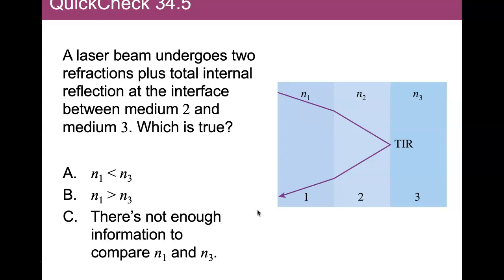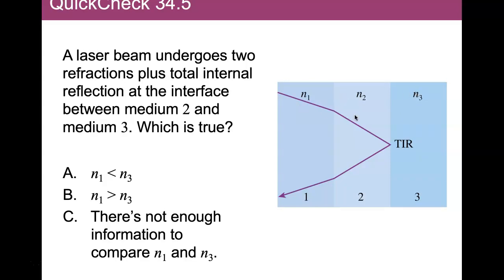So first, part A is saying N1 is smaller than N3. B is saying N1 is larger than N3. C says there's not enough information. So what do we know? What are the things that happen? Well, here we're getting total internal reflection, which means N3 must be